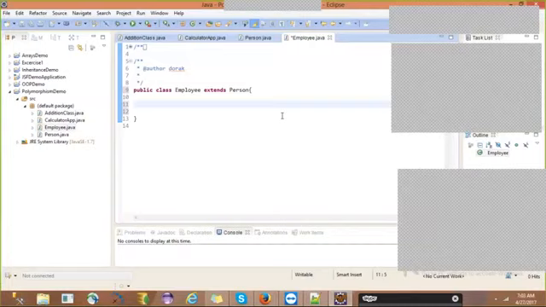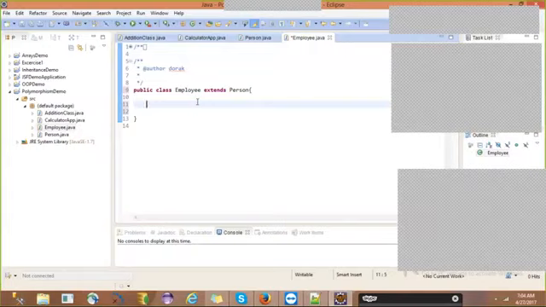So right now, without writing any single line of code in our employee class, we have access to all parent members like name, age, and gender, set details and get details. Along with that, we need some extended properties for the employee.